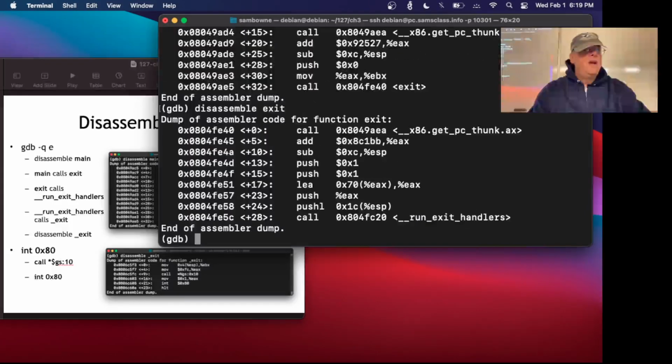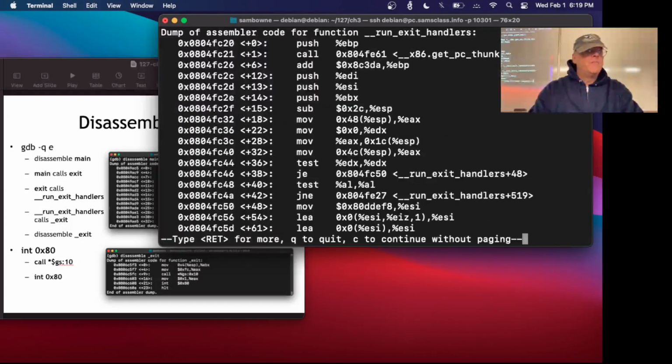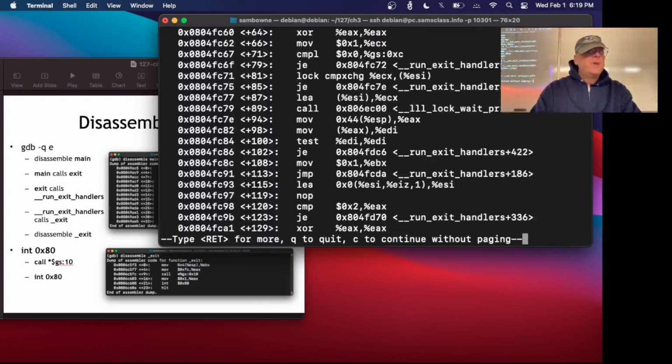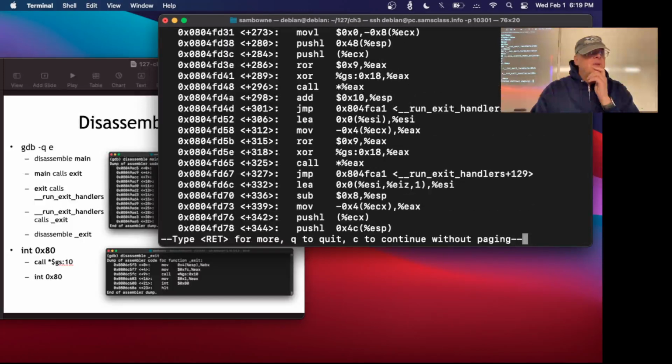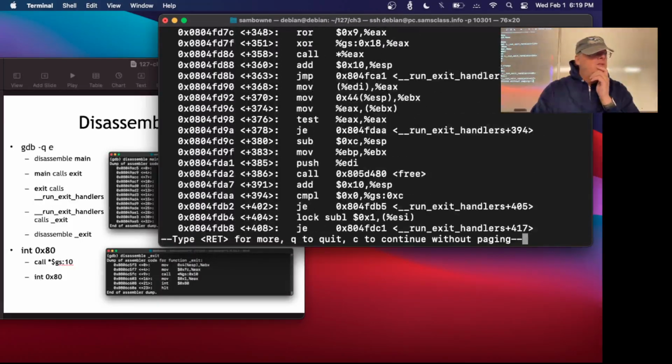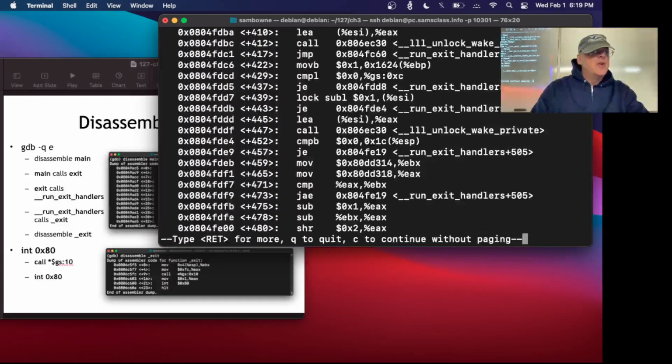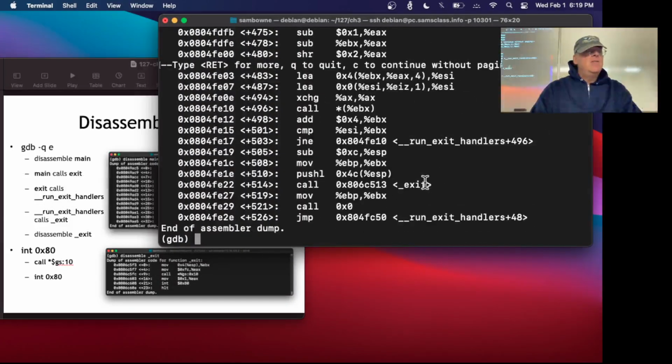Exit calls run exit handlers, prepares some stuff and calls this. So let's see what's in there. Disassemble that. All right, and here, this is bigger. It does a lot of junk. And then, getting down far, exit handlers is going to call underscore exit eventually. There, it eventually calls underscore exit. And now if I disassemble that,